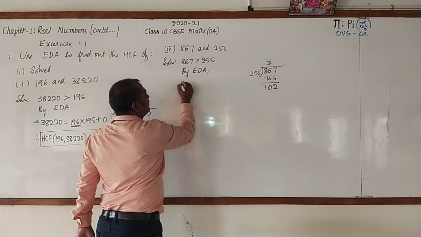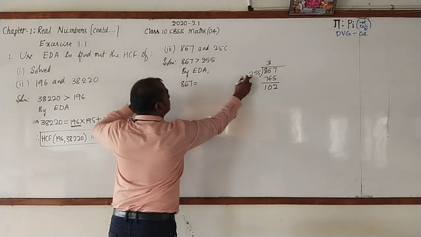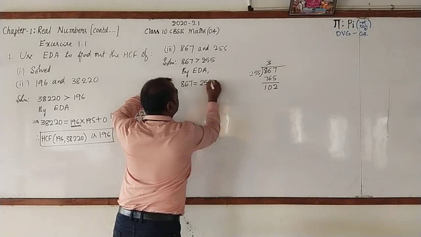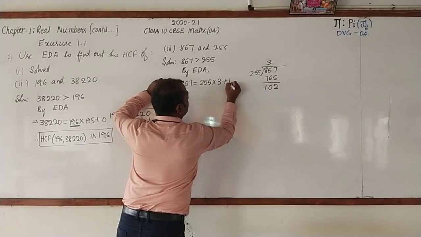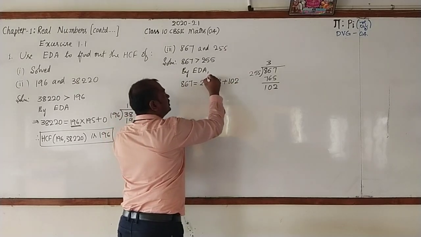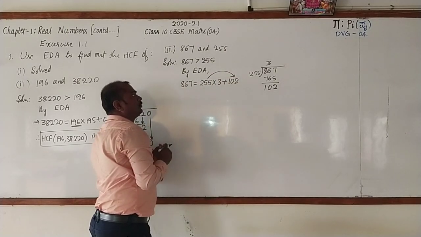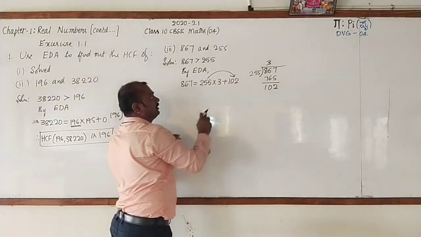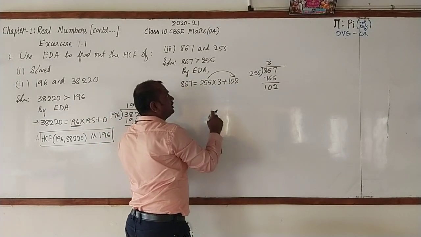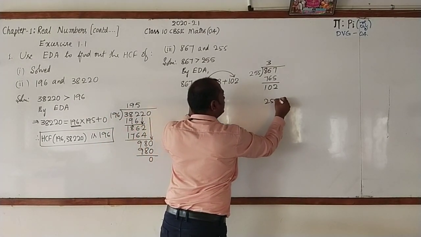We can write 867 as 255 into 3 plus 102. Now see the divisor 255 is greater. Hence, we can go for continuing this. Now divide 255 by